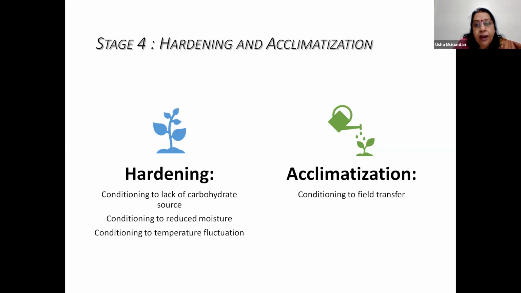So obviously in a tissue culture plant, what will you have? Thin cuticle, no cutinization, no development of surface wax, because it doesn't need all these. You have a condition where relative humidity is very high. Transpiration is absolutely negligible. But very, very important is the stomata: even though they are present, they are non-functional. What do you mean by non-functional stomata? They do not open and close.